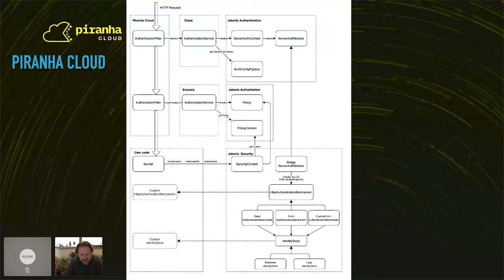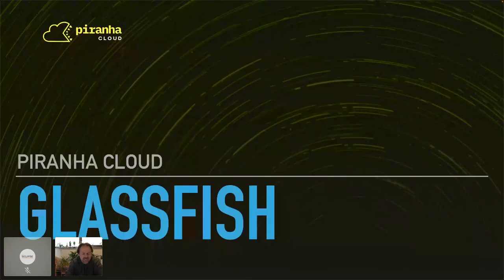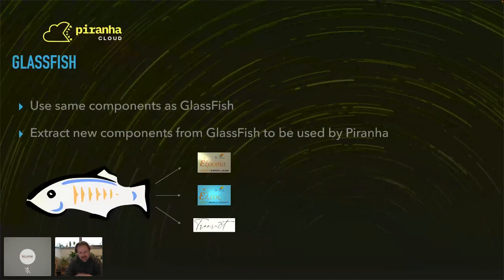Okay, so one of the things is obviously, since I'm also involved with GlassFish, how do those two projects relate to each other? So Piranha Cloud, even though it technically doesn't have to, can run with whatever components you give it.